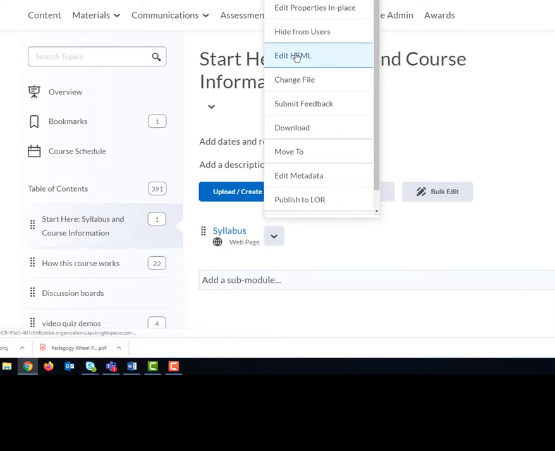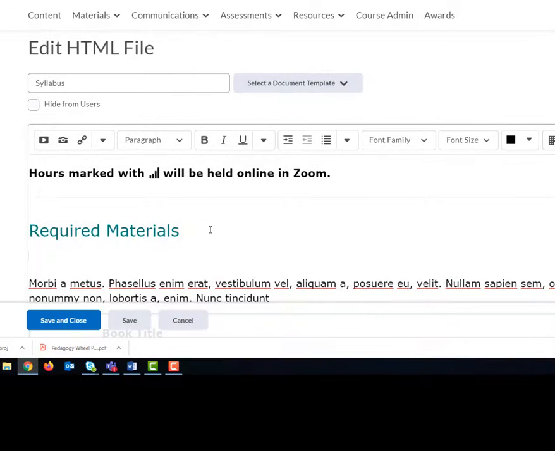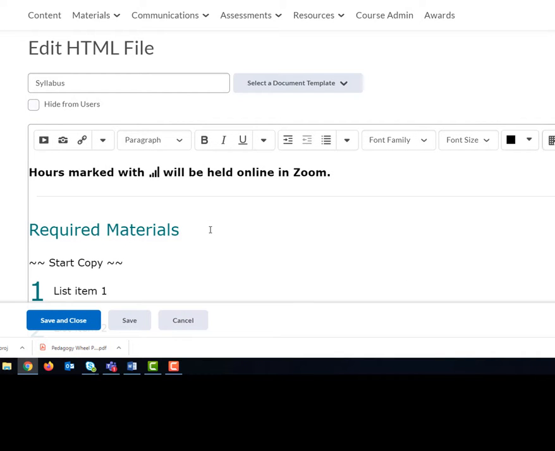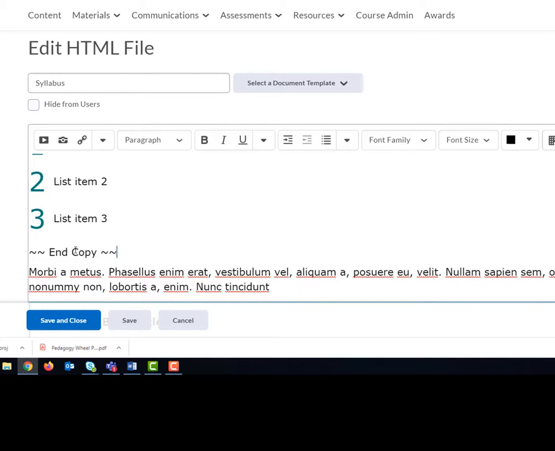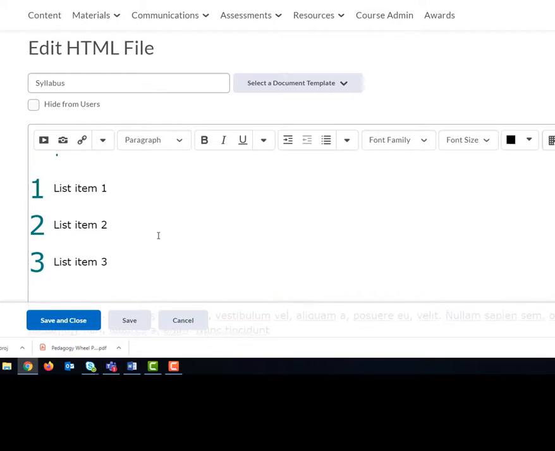I can then select Edit HTML, put my cursor where I want the list to be, and hit Control-V on my keyboard or Command-V on a Mac. I would then delete the Start Copy text and the End Copy text,